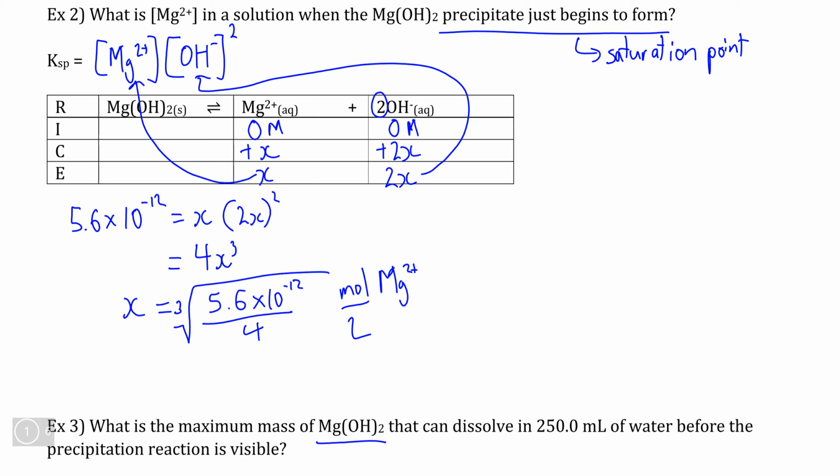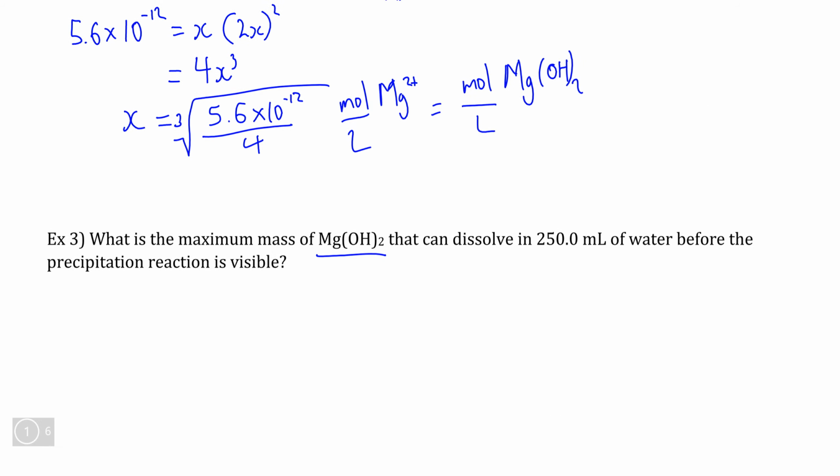Because the mole ratio of our solute is equal to the number of moles of Mg2+, that means that our concentration of Mg2+ is also equal to the molar solubility. In other words, the moles of Mg(OH)2 per liter that actually dissolves,